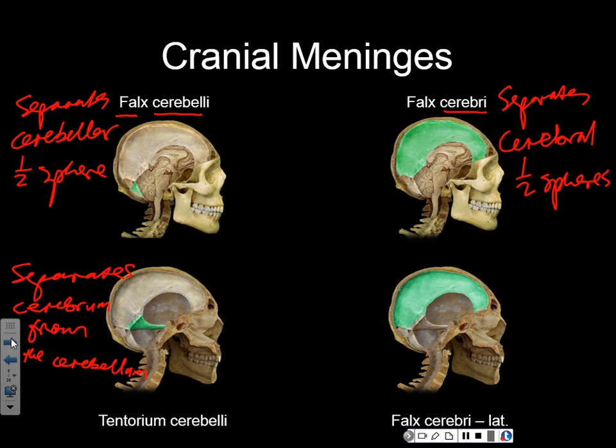So that's why this membrane is extra tough. I mean, this dura mater, which is a membrane, of course. But you know, it's really tough, and you will see for yourself. And this is just showing you the lateral view of the cerebrum. So those are the three main dural folds that separate these major parts of the brain. Okay, and I want you to know all three of them, their names and what they separate, for the